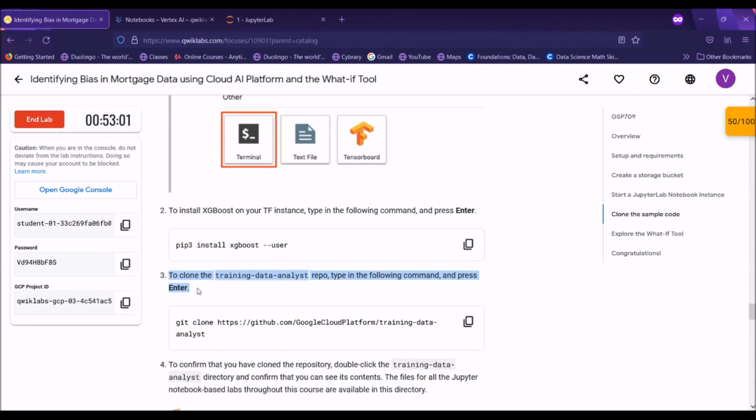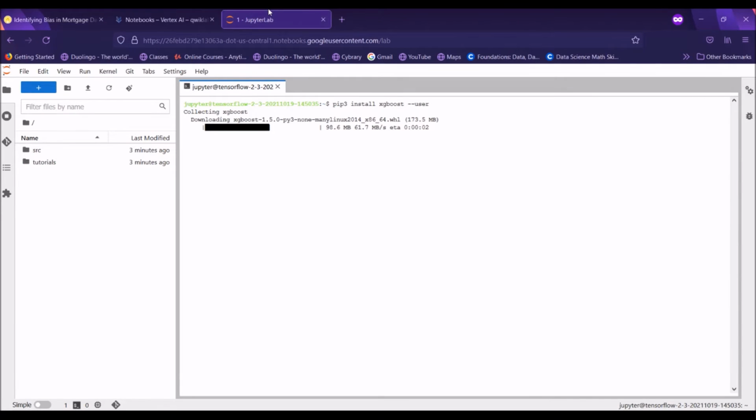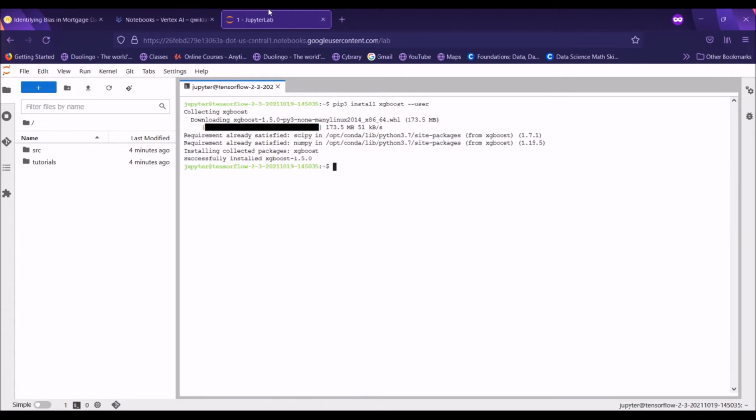Till then we can clone the training data analyst repo. So just copy the below command, wait for this to get executed. Successfully installed XGBoost. You can see the version 1.5.0.